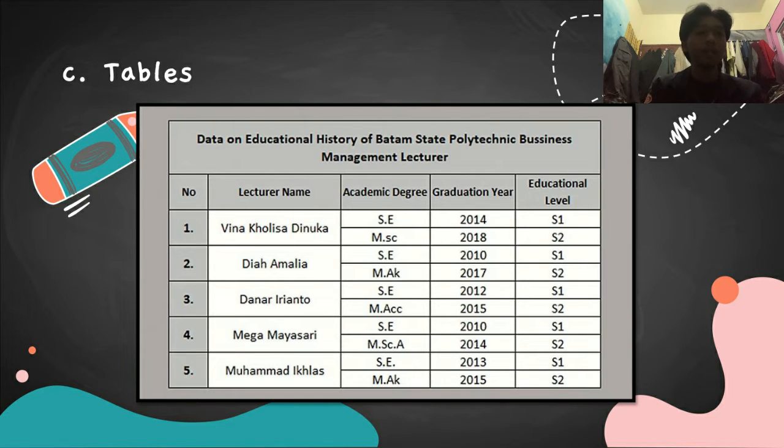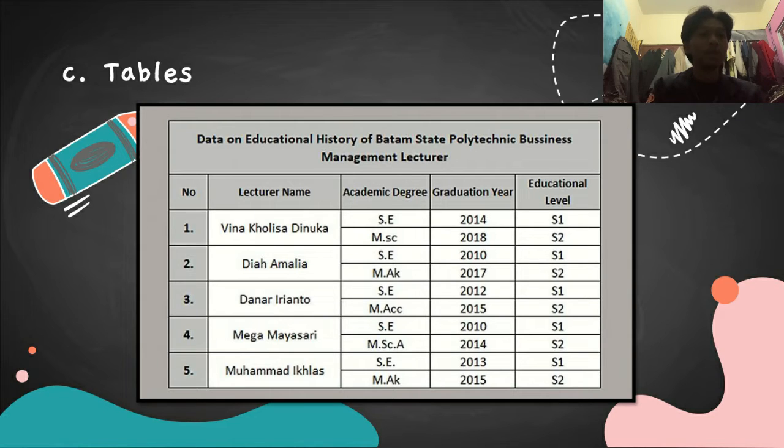Same like Vina Khalisa Dinuka, who has S.E., graduation 2010, education level S1, and then second M.A.K., graduation year 2017, education level S2, and the third, Danar Irianto, academic degree S.E., graduation year 2012, education level S1, and the second